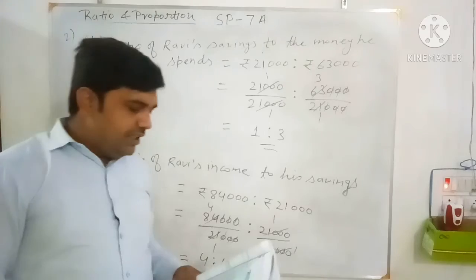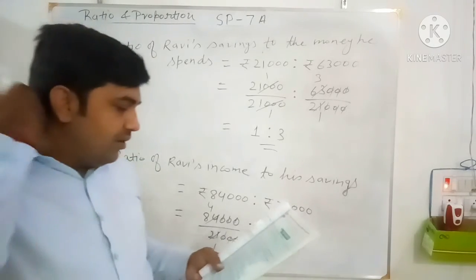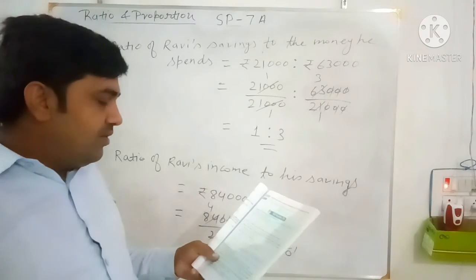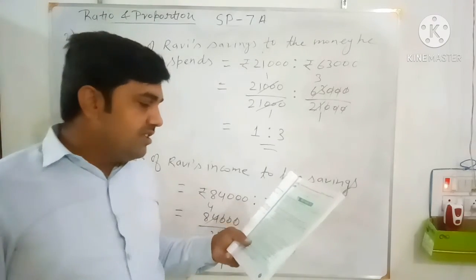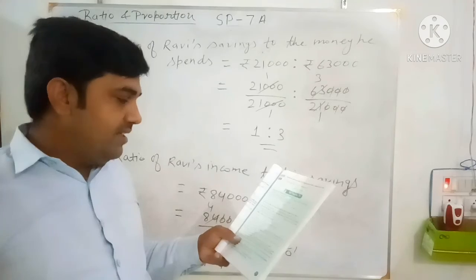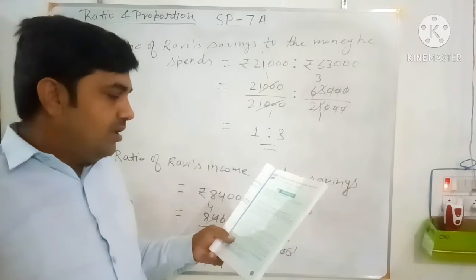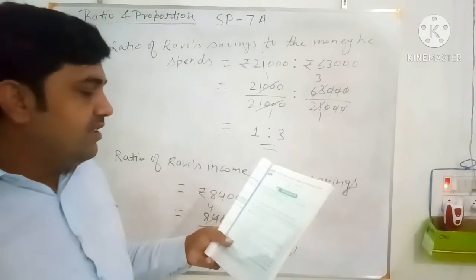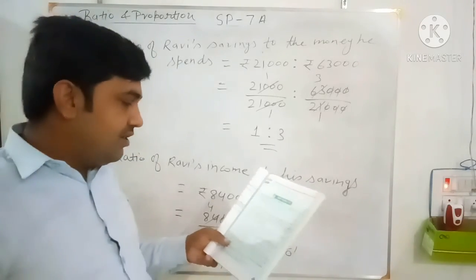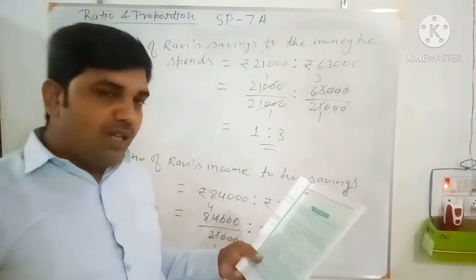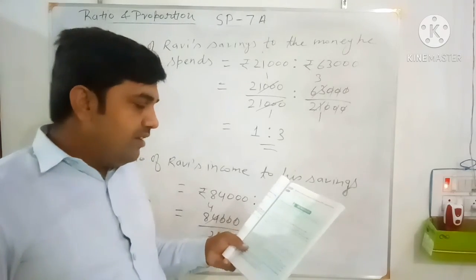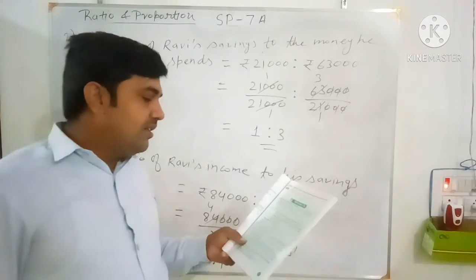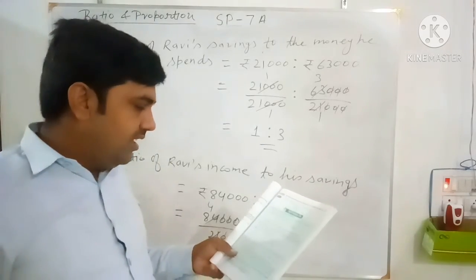Similarly, question 3 is the homework you can do at your home. There are 12,000 students in a university, out of which 5,600 are girls. So out of 12,000 students, if you subtract the number of girls, you will get the number of boys in the university. Now, find the ratio of the number of girls to the number of students. So girls are 5,600 is to 12,000. That's the first ratio. Similarly, find the number of boys to the number of girls. You can find the number of boys by subtracting the number of girls from the total students: 12,000 minus 5,600. Like this you have to do.